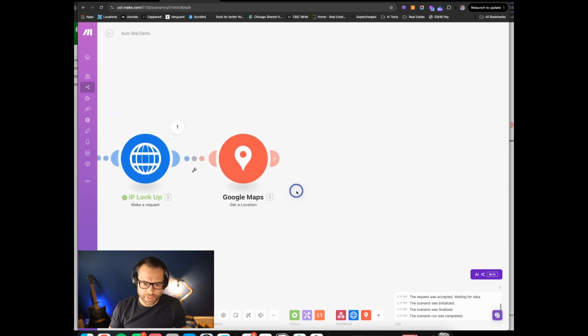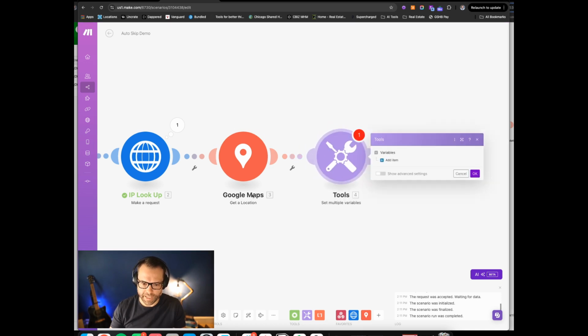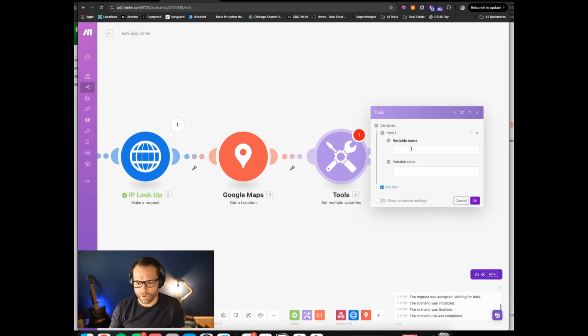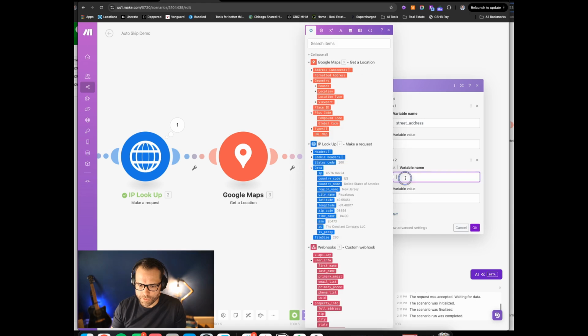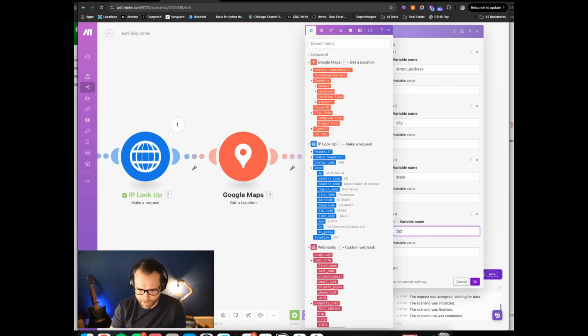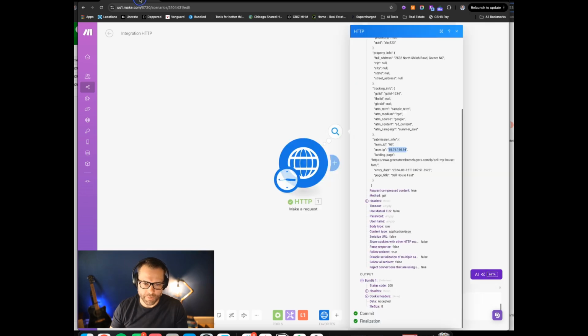So the next thing we're going to do is we're actually going to just add in a variable. So the variable is helpful because it will essentially allow us to decompose this response. And we're going to decompose this into something usable and repeatable. And I like this because it's a formula that we can just store in one location rather than doing it multiple times. And so I'm going to call this, let's call this street. So let's do street, we'll do city, state, and zip. Okay, and I'm going to copy over some formulas to parse this out, but let me actually just show you an